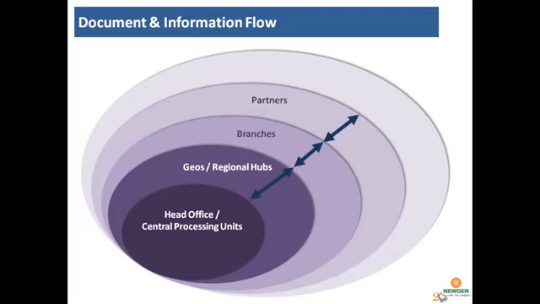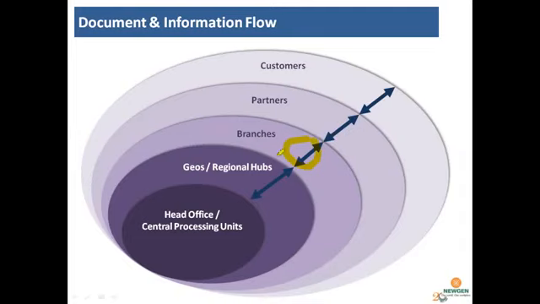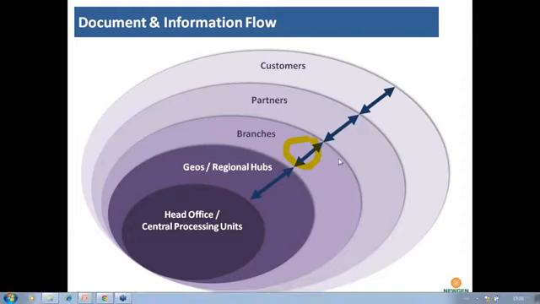If we see regional hubs, branches, partners, customers. So if we visit a branch, it flows through a branch, and if we talk to a customer, then it's flowing through a customer. Then it is going to a DSA and then going to the branch and regional hubs. Okay. So what we are looking at is this. This is the flow of the document.